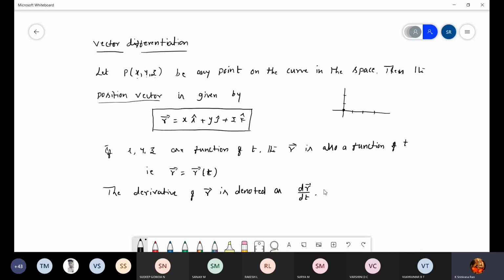Now this r is a general vector. In this r, x, y, z is there, and that will be converted into another variable t, only a single variable, and r becomes r of t. So that r we will differentiate with respect to t. Now we will discuss the next concept, which has two different meanings: one is the geometrical meaning, another one is the physical meaning. So take down the next heading.